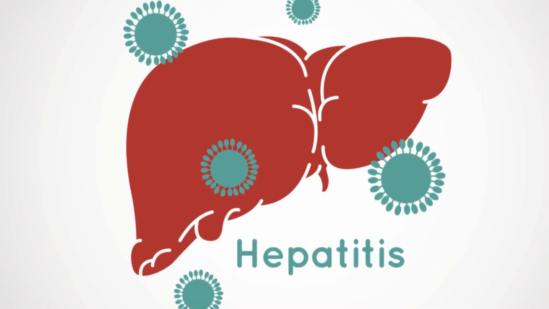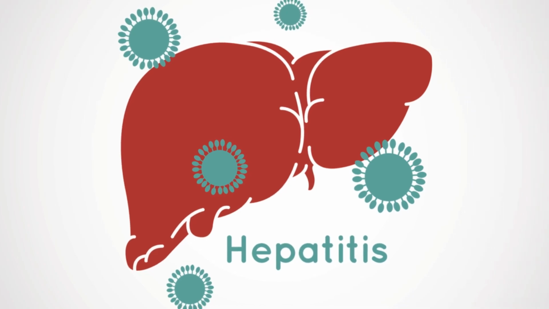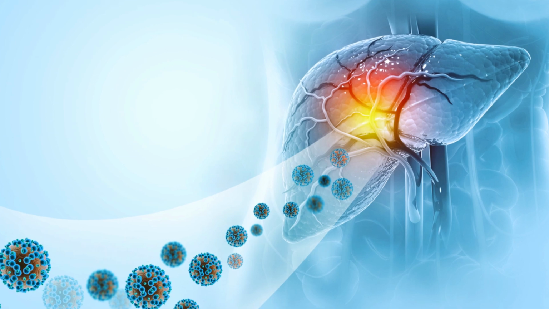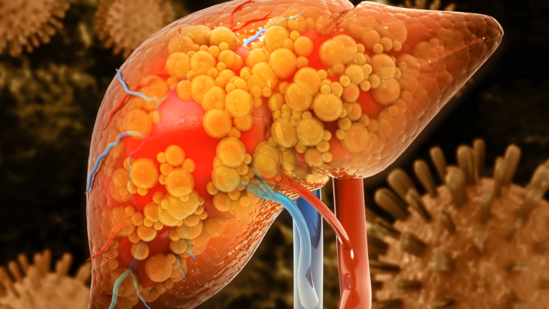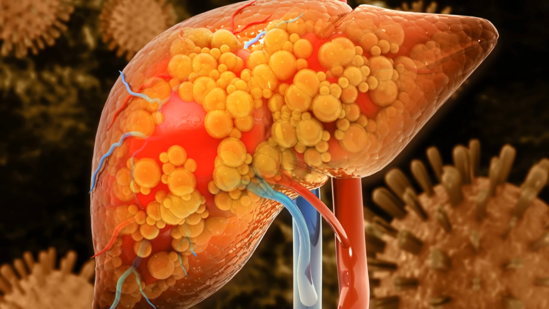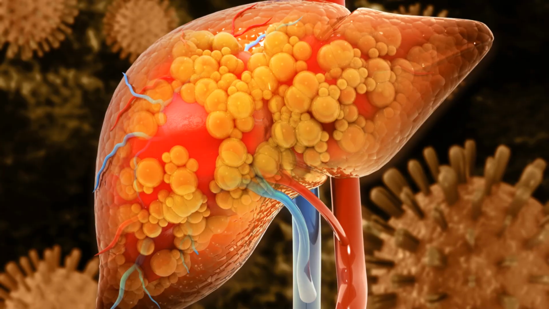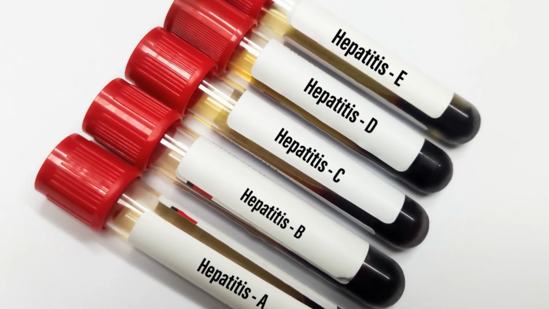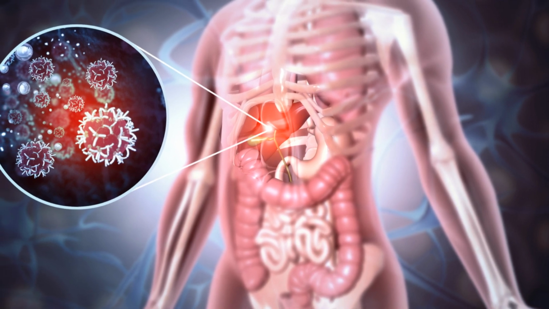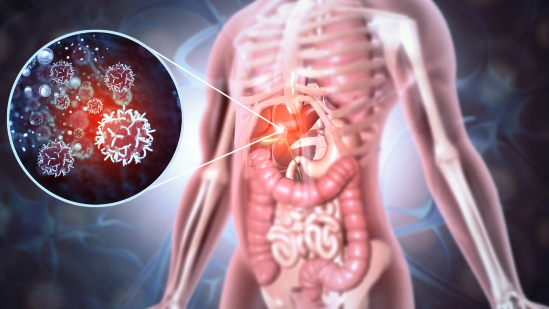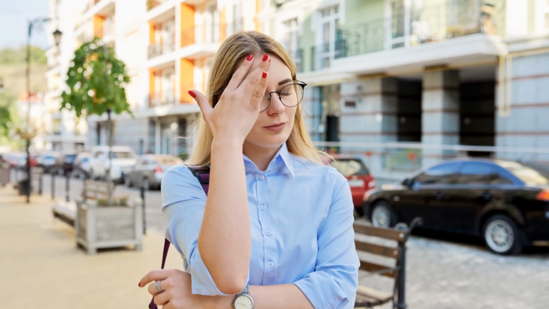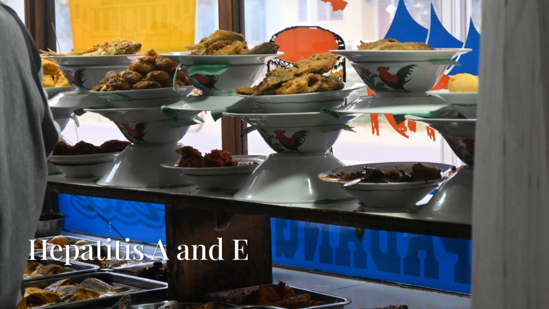Another type of virus that we can encounter as professionals is hepatitis. Hepatitis is an inflammation of the liver that can cause damage and can be fatal. There are 5 main types of hepatitis: A, B, C, D, and E. All 5 types are from the same family and all cause liver damage, but each has a different way of transmission and a different severity of illness. All 5 types of hepatitis virus can have very severe symptoms or no symptoms at all.